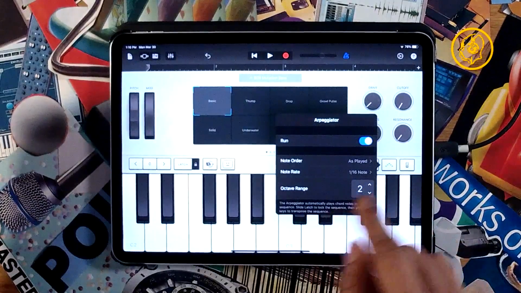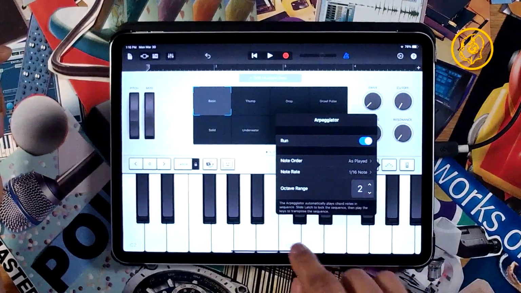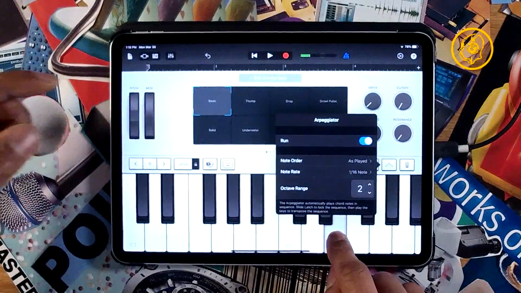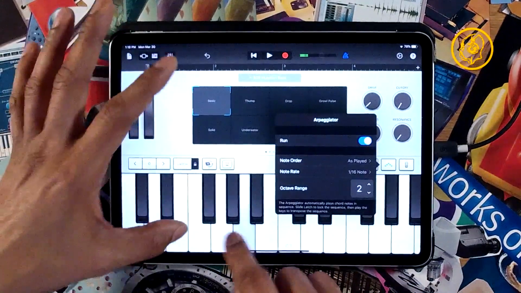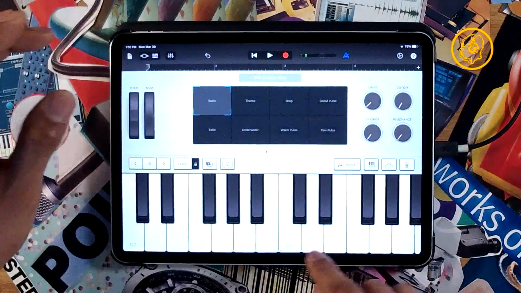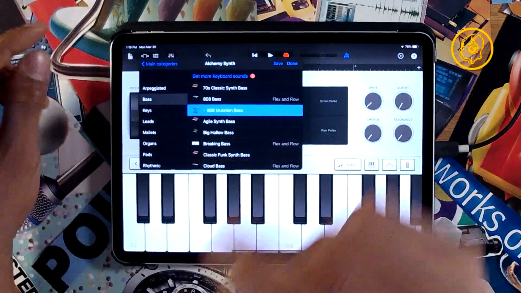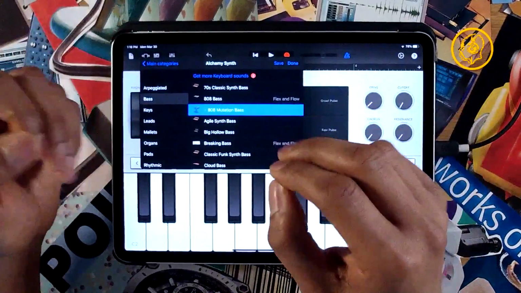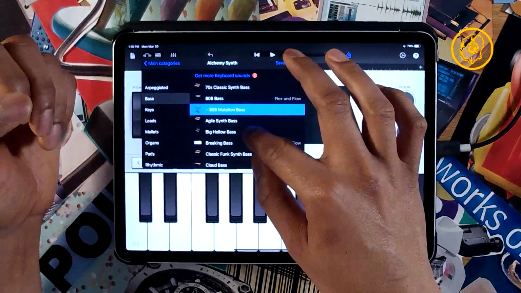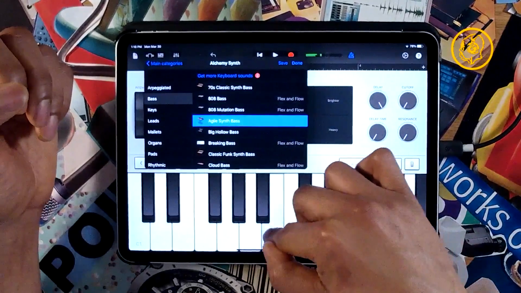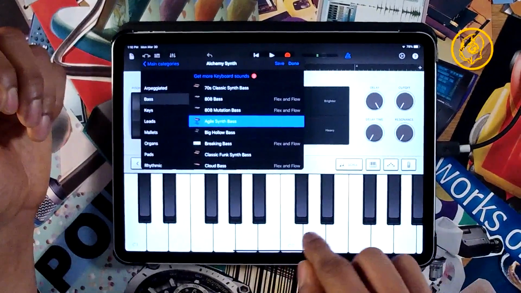We got this octave range. Let's go with 2. That's pretty cool. I kind of like that. But let's find a bass with a little bit more upper frequencies so that we can hear it. What's this sound? Ooh, that sounds like a Moog.